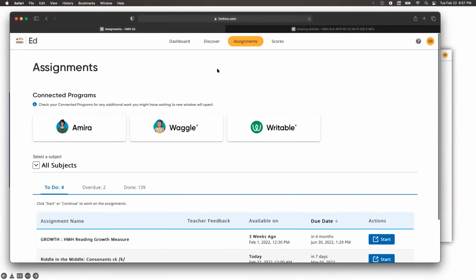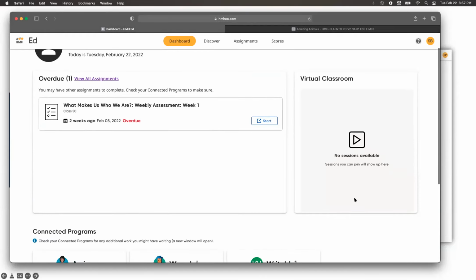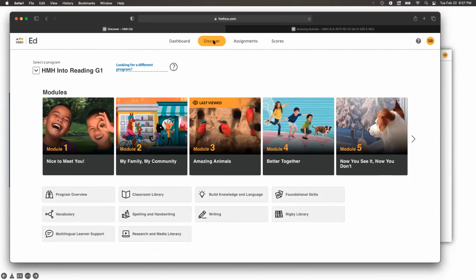Now, right over here in this section, if your student has any sort of hybrid or virtual classes, your child's teacher can set up those class links right here so that their Zoom links, Google Meets links, or their Teams links show up right here so that they don't have to go find it anywhere else. Now, across the top of the screen, you're going to see a couple different tabs. The Discover section is where you're going to find your child's library of Into Reading resources. If they click on the little tile here, they'll be able to access their student My Book.